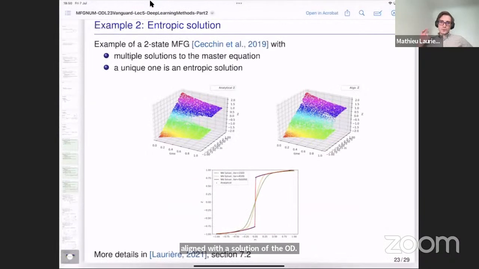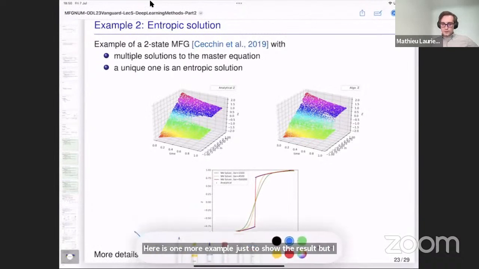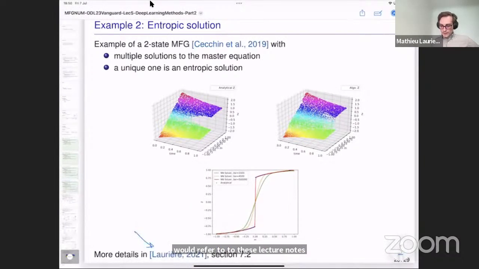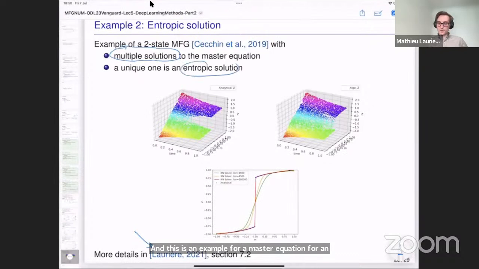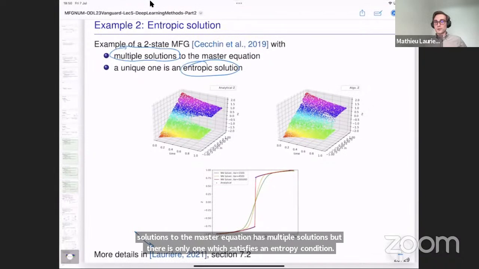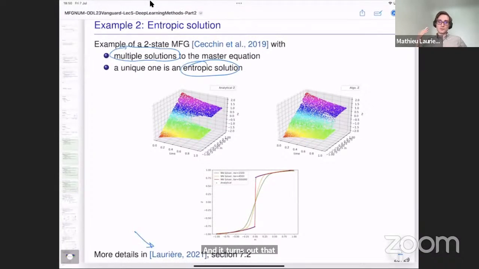Here is one more example just to show the result, but I would refer to these lecture notes. Again, this was for the AMS short course that François organized a few years ago. And this is an example for a master equation for a mean-field game with two states where there are multiple solutions. So the master equation has multiple solutions, but there is only one which satisfies an entropy condition. And it turns out that the neural network finds, using this DGM method, just directly out of the box,